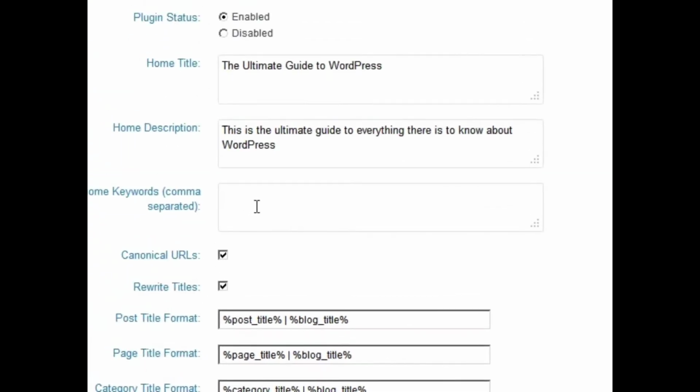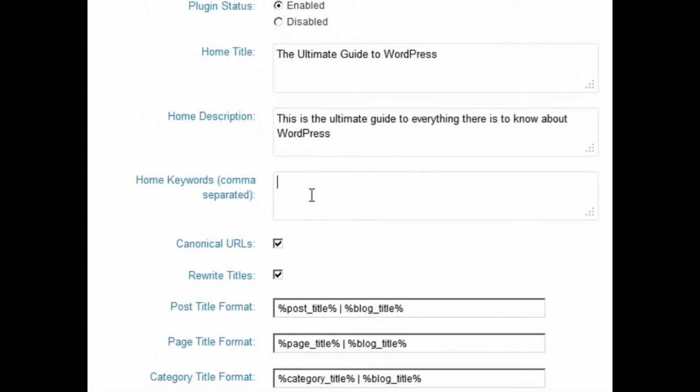Home keywords. As far as Google is concerned, they don't really look at keywords. They don't look at meta keywords anymore. But you never know when a new kid in the search engine field is gonna take over or come to the forefront. You know, 12 years ago, Yahoo was it. Nobody had heard of Google. Then Google came along, and Google's it. Somebody else is going to come along. It's just a matter of time. And that search engine might actually use home keywords again. So it's not a bad idea to put home keywords in here,